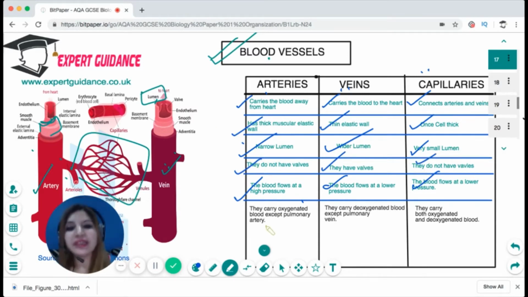Arteries generally carry oxygenated blood except the pulmonary arteries. Veins carry deoxygenated blood except the pulmonary vein. And the capillaries carry both oxygenated and deoxygenated blood. So I hope you are able to spot from the diagram whether it's an artery, vein, or capillary, with their